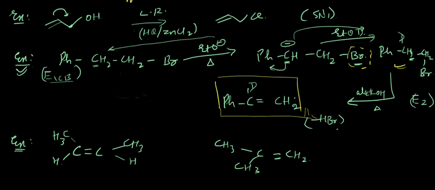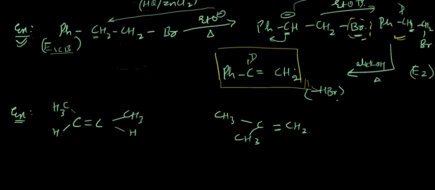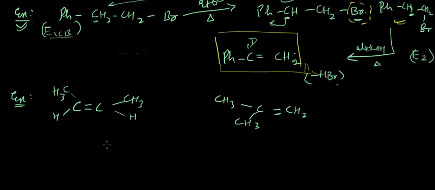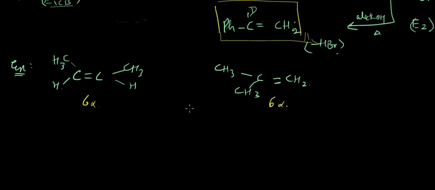So if we compare the stability order here, obviously both have 6 alpha hydrogens, so we need to compare the stability based on their structure of hyperconjugation. Okay, suppose here we have, this is the alpha hydrogen, so this is getting removed, so we have something like this. C negative comes here, and we have something like this structure, and in its hyperconjugation we will have something like